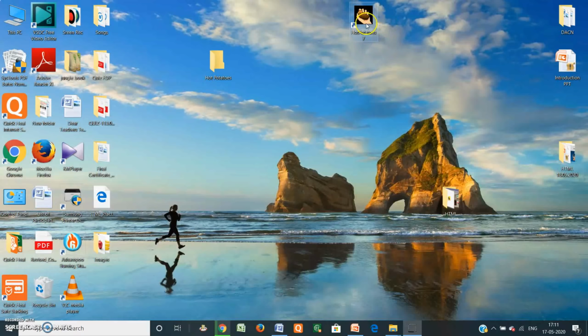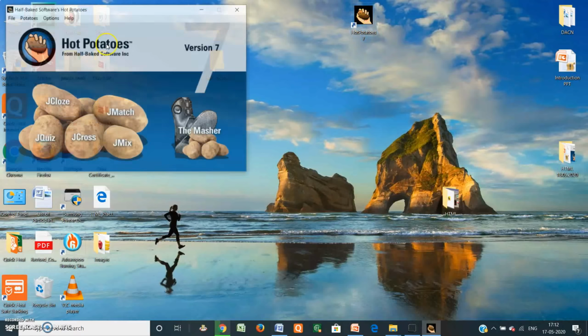So this is the Hot Potato software. Now I have already downloaded it and that's why I am not explaining the downloading process, but you are aware of that. Just click on the setup instruction, go to next, then accept the conditions and install it, and the desktop version is obtained. So this is the version.